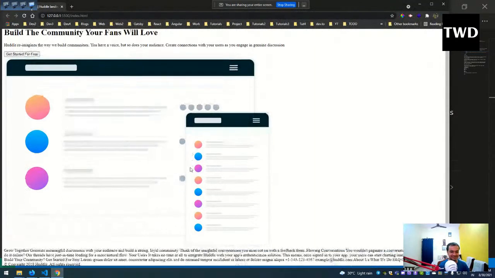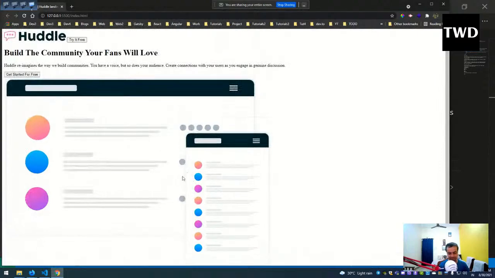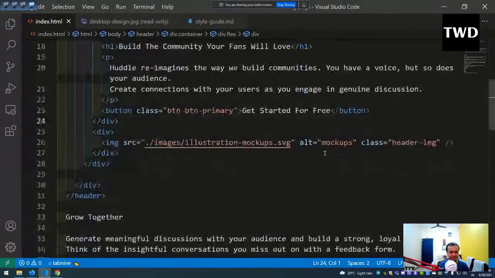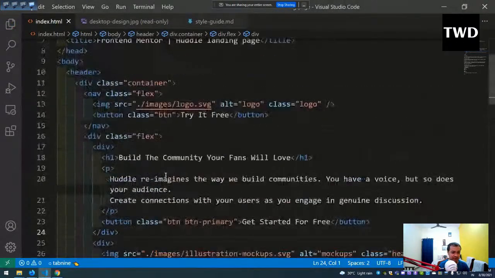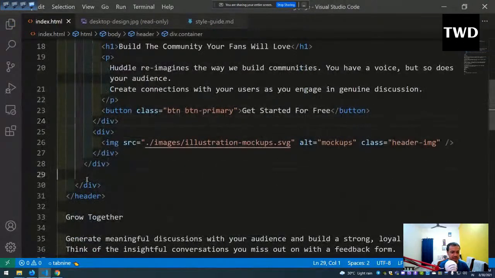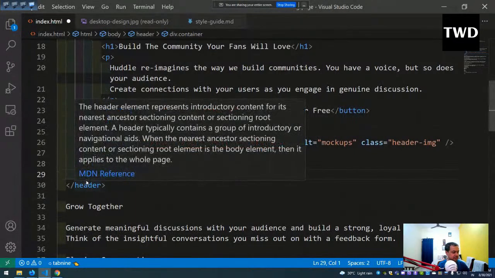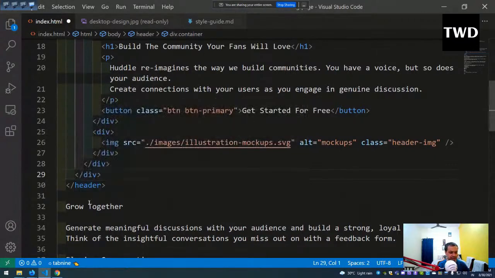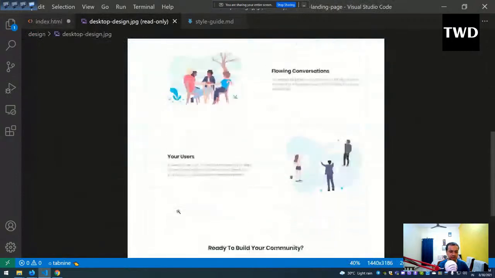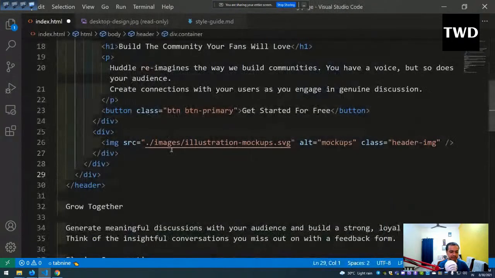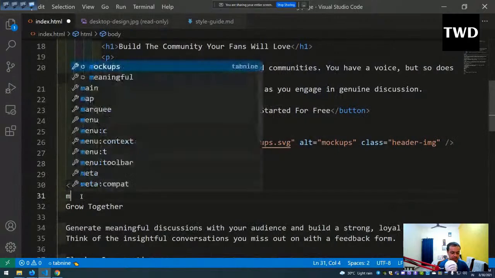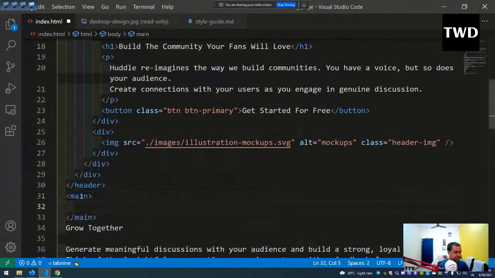See, this image have also come. See, this nice, but it is not the flex. Even the flex property we have not given it, but it will not take much time. This thing is much important to do. Okay, so header is done. Now the next thing is the main part, the main section. Main section means this all we are going to create. So the main section we are going to do, main is there,